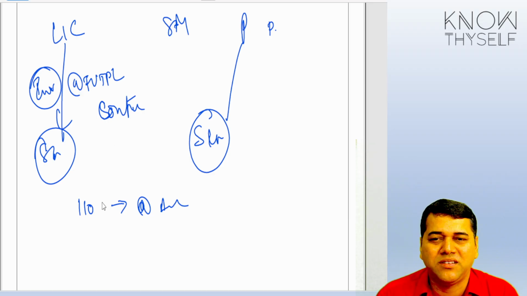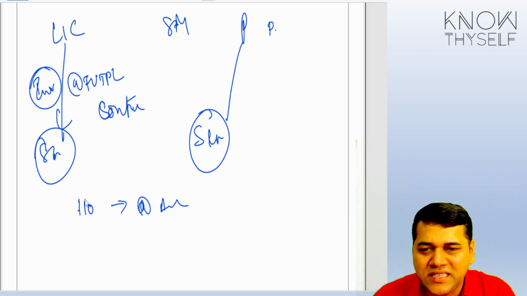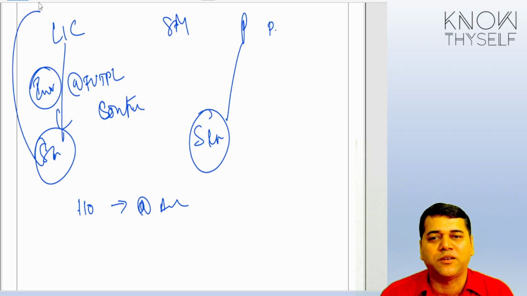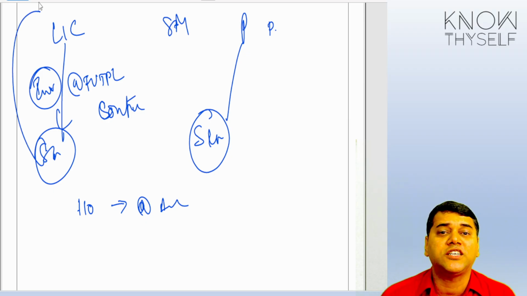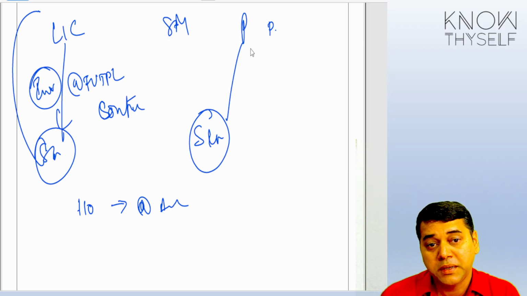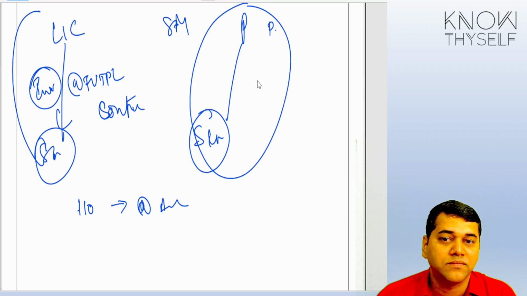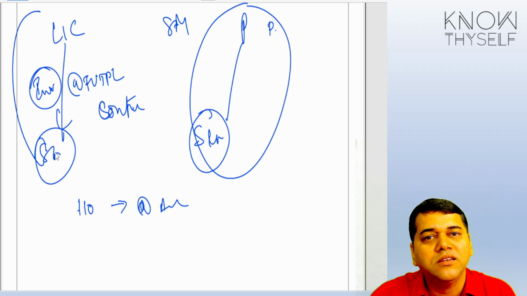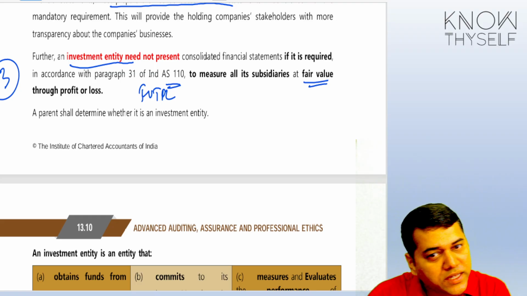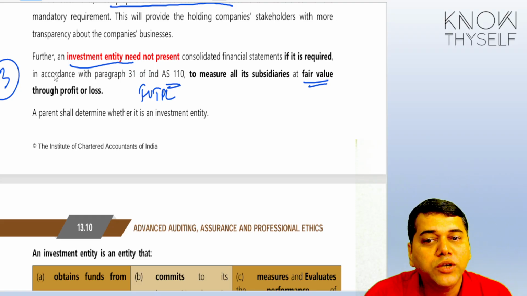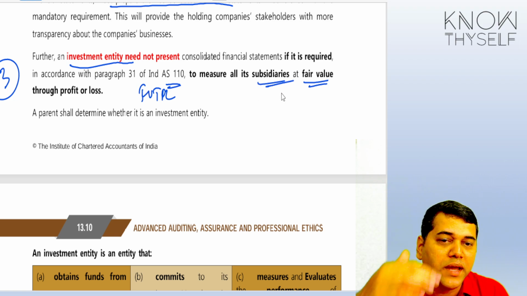So now tell me, students, what is the fun in consolidating their financial statements with LIC's financial statements? Actually, it will distort the financial statements of LIC only. But in the other case, it gives a very good picture for the investors. They can understand the synergies. Here, there is no synergy. That's why there is one more exemption coming for investment entities, that if you are measuring your subsidiaries at fair value, because you may happen to invest